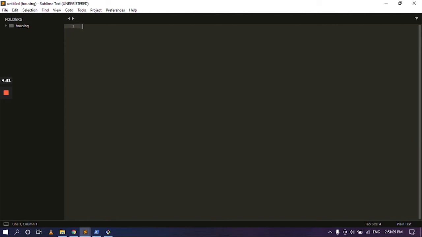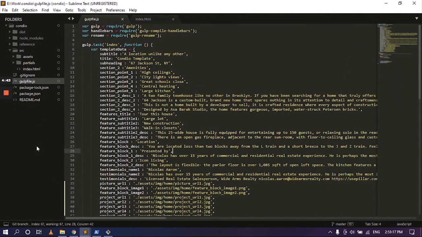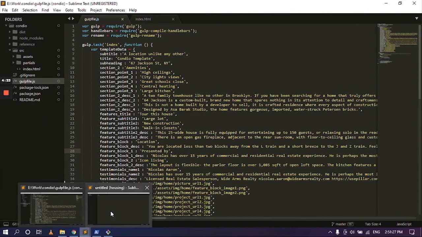So now we need to copy and paste a few files and folders. I'm going to reuse my old folders that I have from my previous project. So the first file that we need to copy paste from here to our new project is